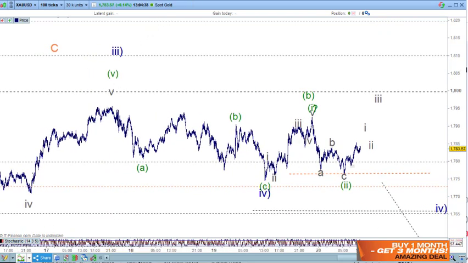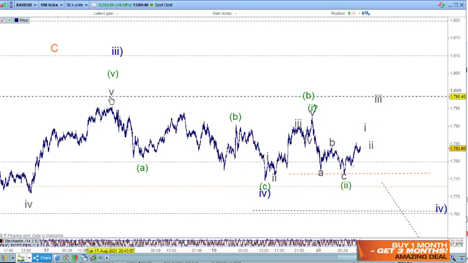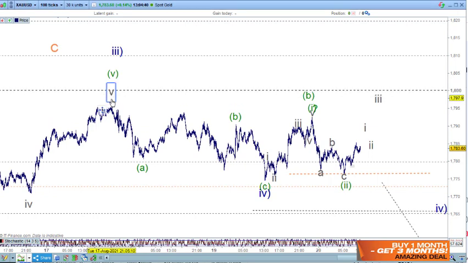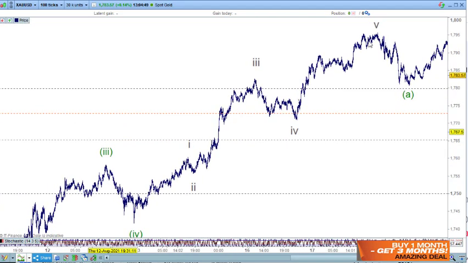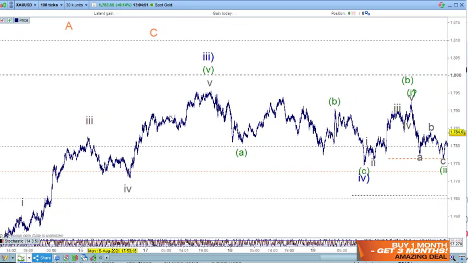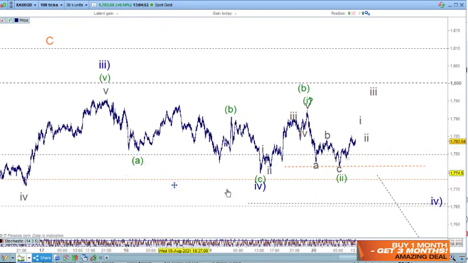So we've got wave 5 of 3 here, because we'd been counting up here as all of that. So we've got all of that there, and then we were looking for wave 4. There's a good chance that we could have this as the A wave here, then an A and a B and a C wave here. Not a very good C wave, I have to say. You can throw things at me for that.